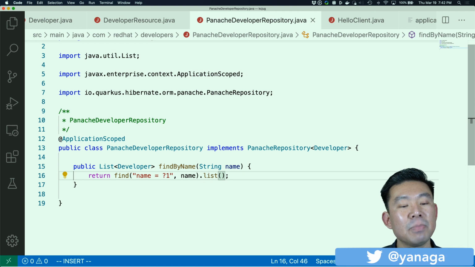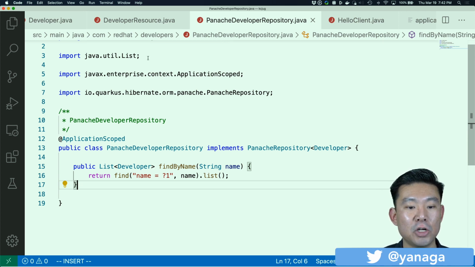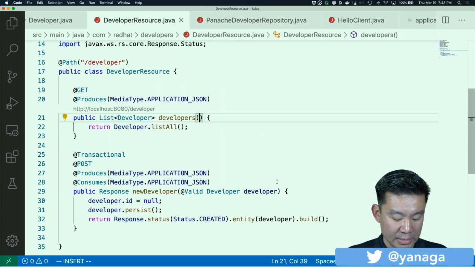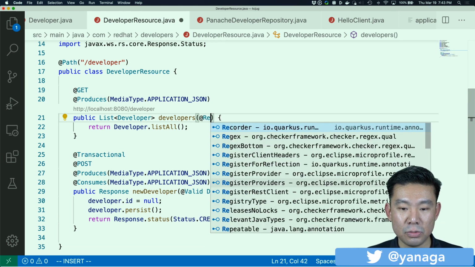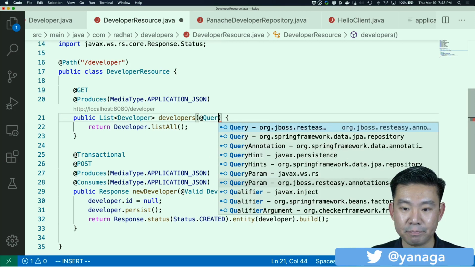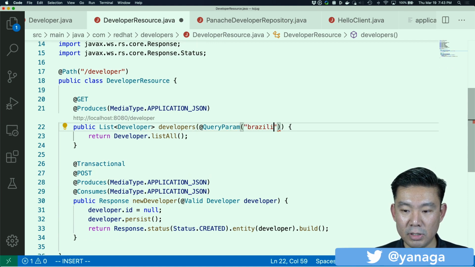and that's it. We did it this way because we think that this type of programming API is much better for creating complex queries, which is the typical use case for using, for example, a repository. And how does it work? Let's go back here to my developer resource, and let's add a query parameter called brazilian, and it's going to be a Boolean.